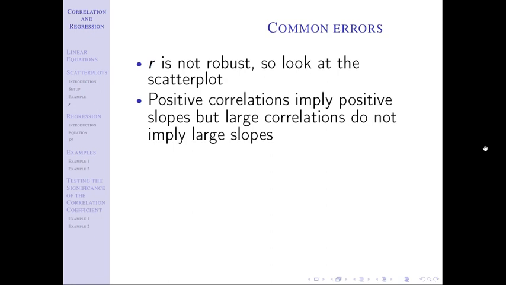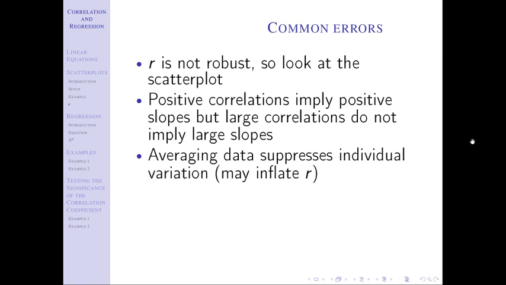A correlation of 0.9 doesn't mean I have a large slope. Maybe, maybe not. A correlation of 0.2 doesn't tell me I have a small slope. Maybe, maybe not, right? The number on the correlation tells you how close the points are together. The number on the slope tells you the tilt of the line, two different things. So the signs have to agree. The numbers may or may not agree. Again, what do you know? What do you not know? What can you say? What can you not say?